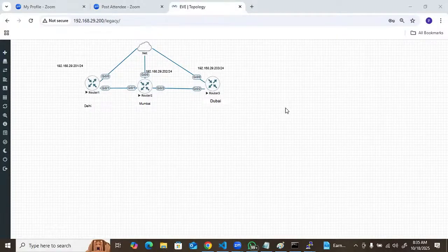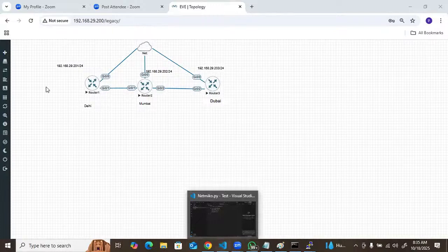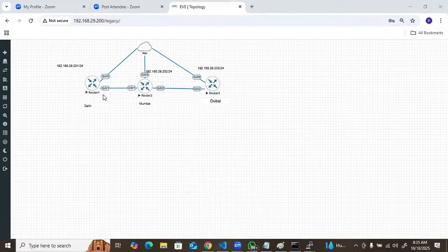Got it? So before directly executing anything on the production network, you can perform the execution on some virtual devices. That means those are not in production. That we can achieve. So here I have 3 devices. I'm just going to interact with these 3 devices using Netmiko. And I'm going to execute the show ip interface brief command on a single device. Then after that, the same command I will execute on these devices.